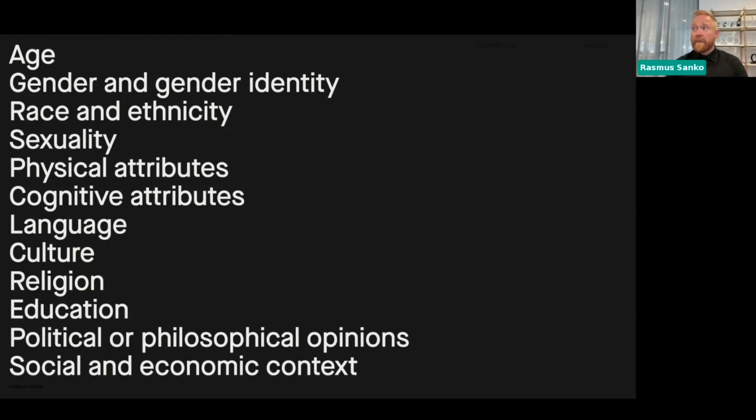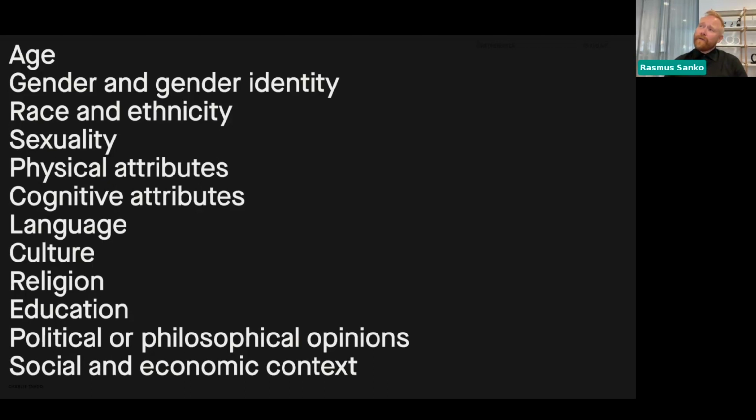At least here in Denmark, there are an increasing number of people being diagnosed with ADHD at a very late point in life, because we were not able to see them before. So that means that these people are in fact, in great numbers, using your systems, right? Language, culture, religion, educational level. I mean, some solutions cater to a more specific tone of voice and wording, and not all people are able to do that. Political and philosophical opinions, and also social and economic